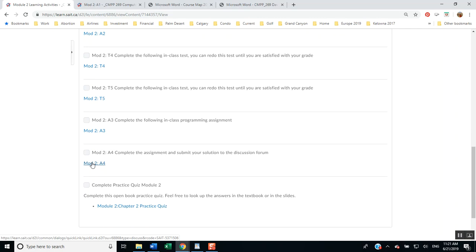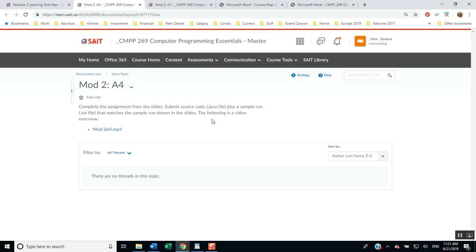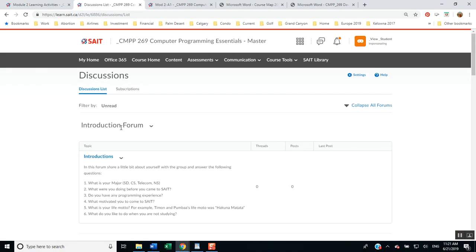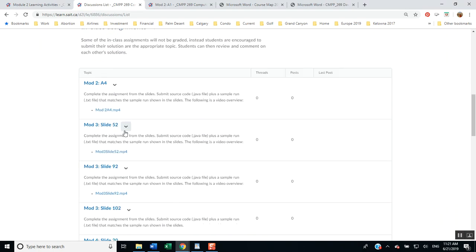it will have a short video that gives tips and tricks on how to approach the lab. Now, you notice some of what used to be mini assignments are now items in the discussion forum. So when they click on the link in the learning activity, it'll take them to the discussion forum. That's underneath communication, discussions, and there's a discussion forum here.